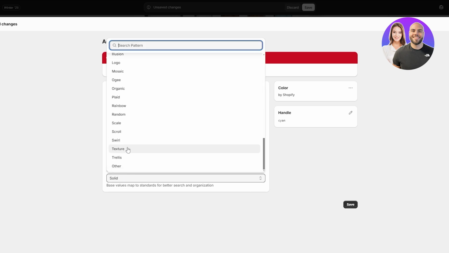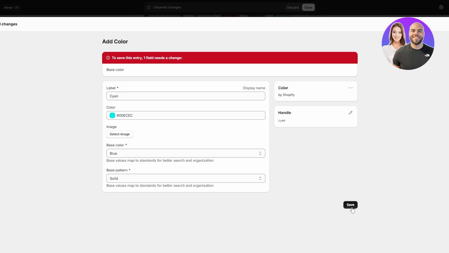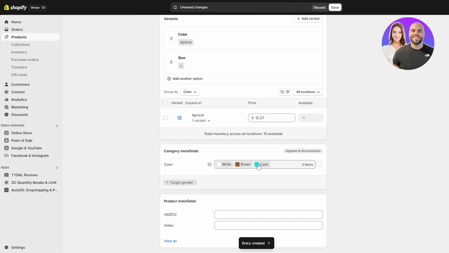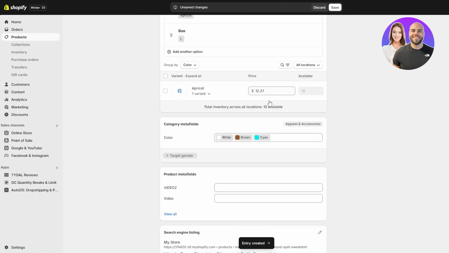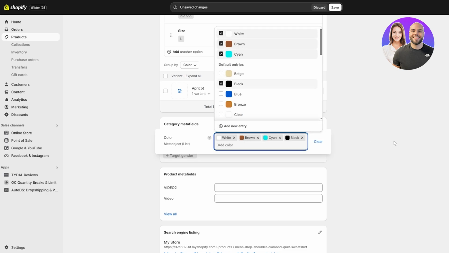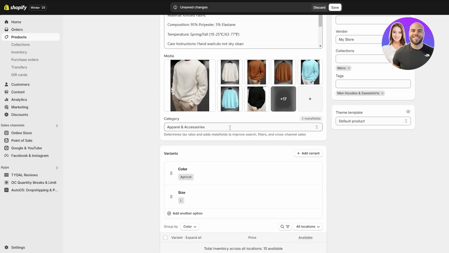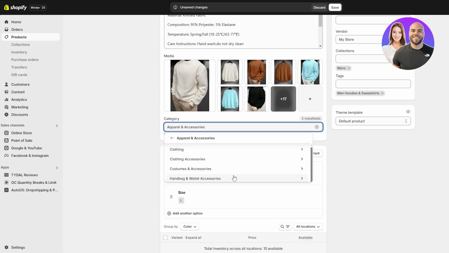No other color can create it, no matter what you mix, but I guess we'll select blue. There we go. We now have a couple of options. And there's also black, so we should also add one more black. There we go. And also other examples, like if we come over here, we can see we have clothing,